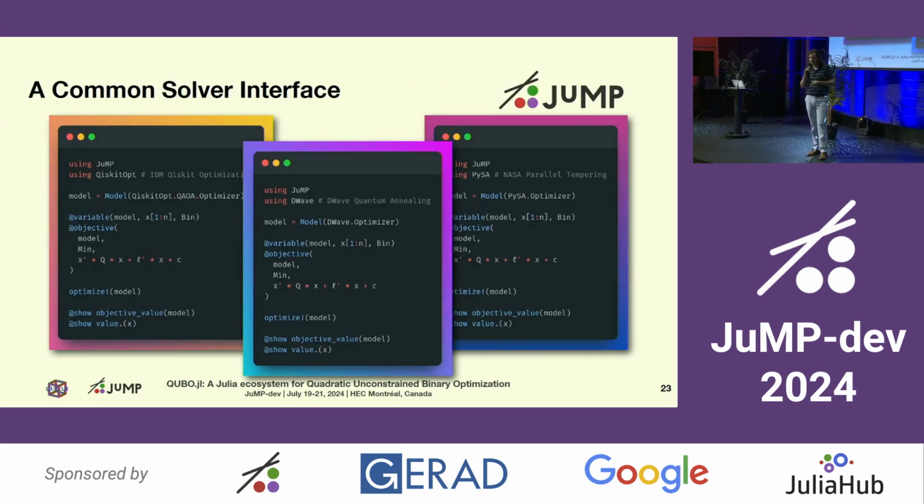We deploy this using Julia packages, so you can access D-Wave, Qiskit Optimization, which is IBM's optimization suite, and the NASA parallel tempering code, and for all of them you write the same code. If it's a QUBO model, it will run. This was quite a nice achievement, because if you look at the documentation for those services, usually you need to be aware of how they represent things. Some of them like the matrix to be symmetric, some upper triangular, and this gets very messy very fast.